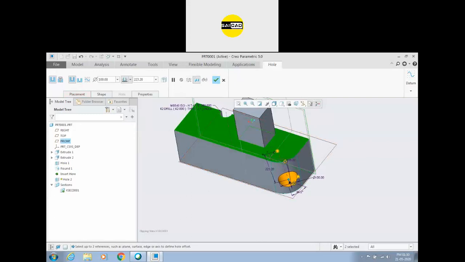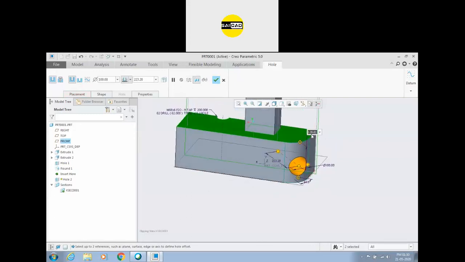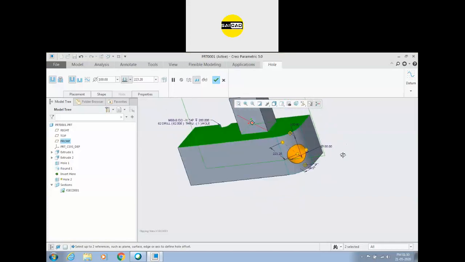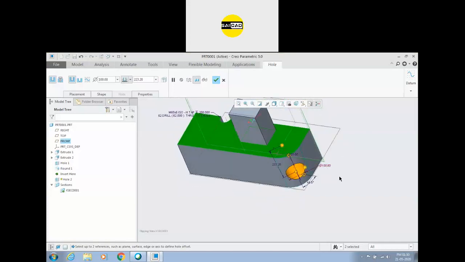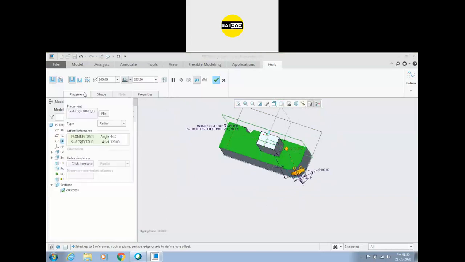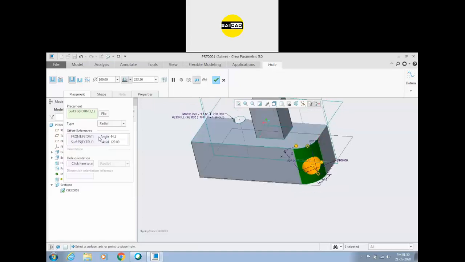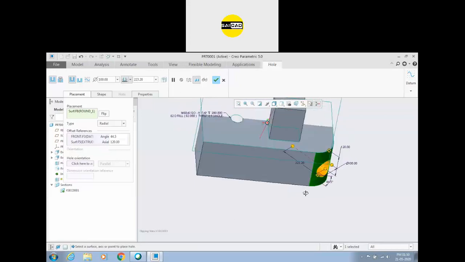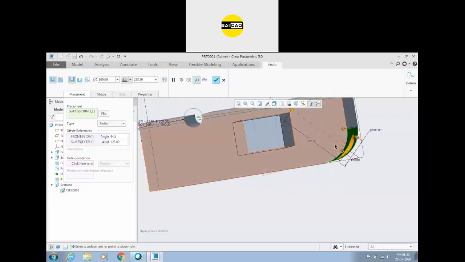That top means the depth of that hole. You can see I need that hole to be at 120. So this 120 and this angle will be defined from the offset reference. After that there is the dia, there is the depth. If you go to the placement, you can see here the placement, the face, the orientation, the depth, and the angle. And after that you can see this hole is being created like this one, and the center axis,